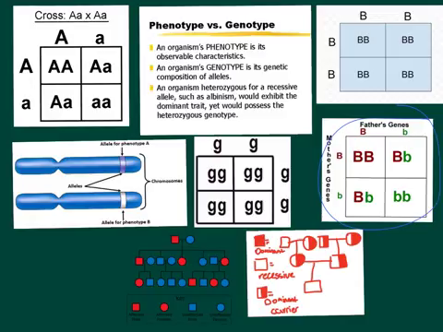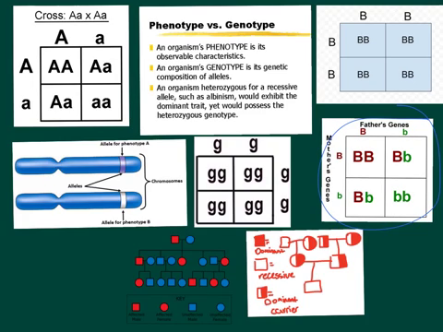A heterozygous is when a big letter and a little letter, so a dominant and a recessive trait, are together. When this happens, if there is a dominant and a recessive together, it makes it so it's the dominant trait, not the recessive. But it makes it so whoever has this gene, if they are heterozygous, they are a carrier